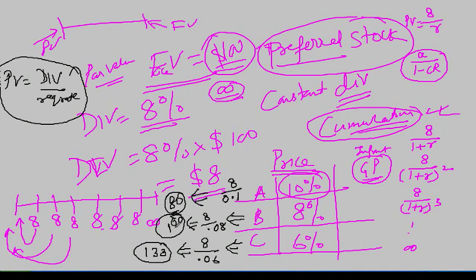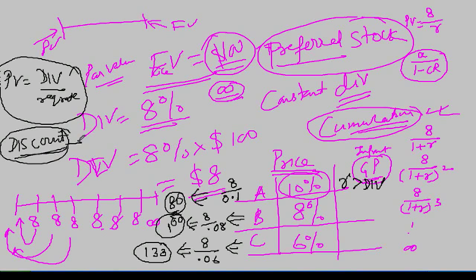Now see, the face value is 100. Over here your required rate is 10%, which is more than the dividend rate. The dividend rate is 8%. When your required rate is more than the dividend rate, the bond is trading below the par value. The bond means preferred stock. So when the preferred stock trades below the par value, we say it is trading at a discount, because it is trading at 80, which is below the par value.